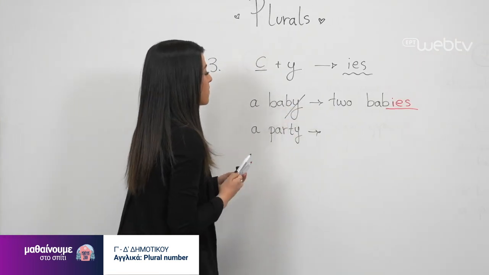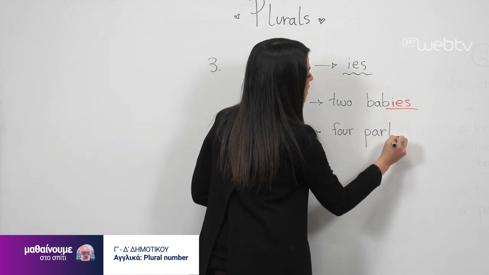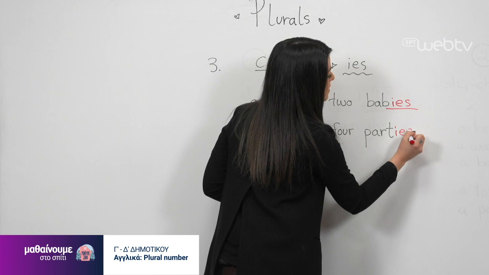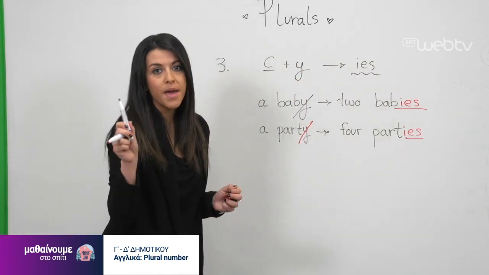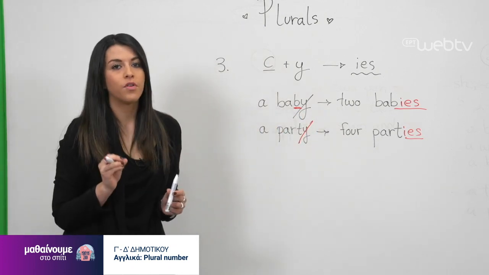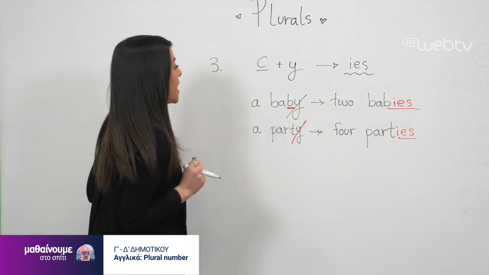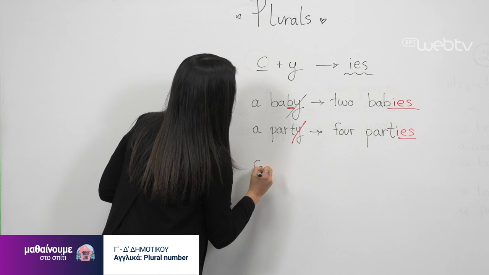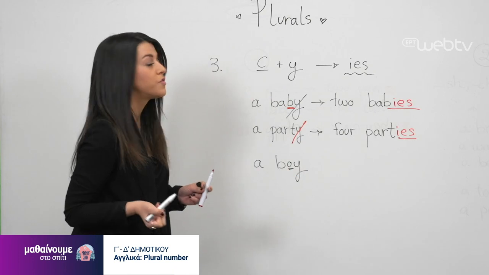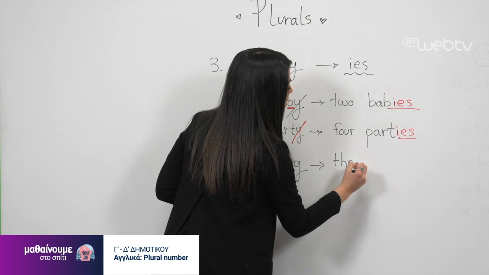Okay, so we erase the Y. Now, a party. 4 parties. Again, we erase the Y, and we put I-E-S, parties. But remember, before the end, this has to be a consonant. Πρέπει να είναι σύμφωνο πριν το Y. If it's not, αν δεν είναι σύμφωνο, δεν το κάνουμε αυτό. For example, a boy, this is a vowel, right? It's not a consonant, so we don't put I-E-S. We say, let's say 3